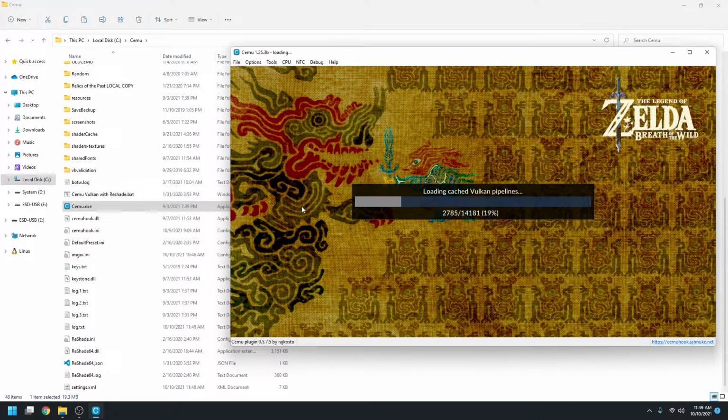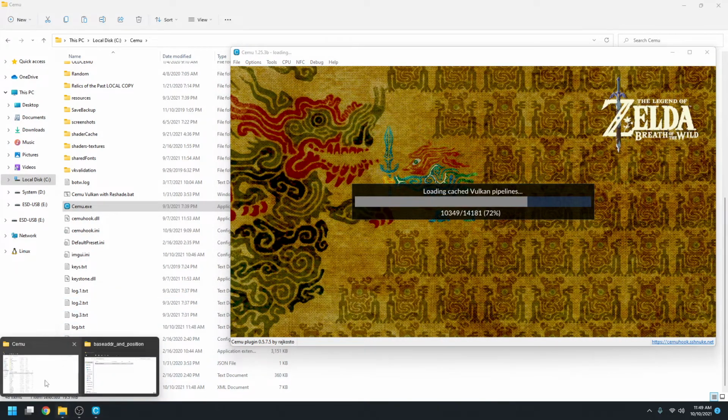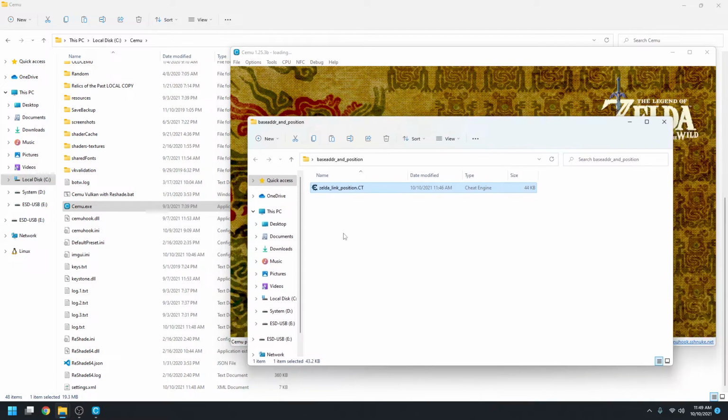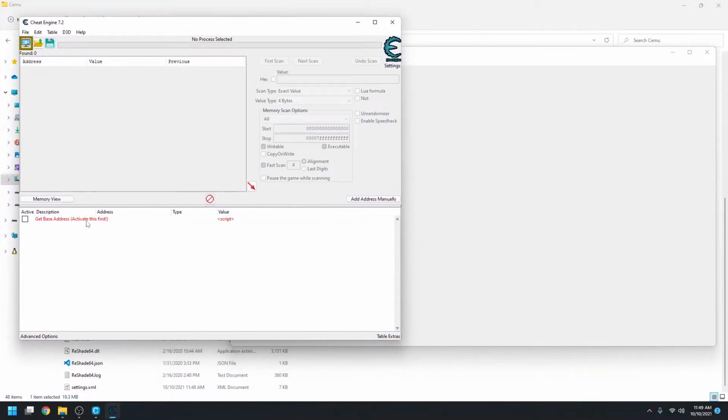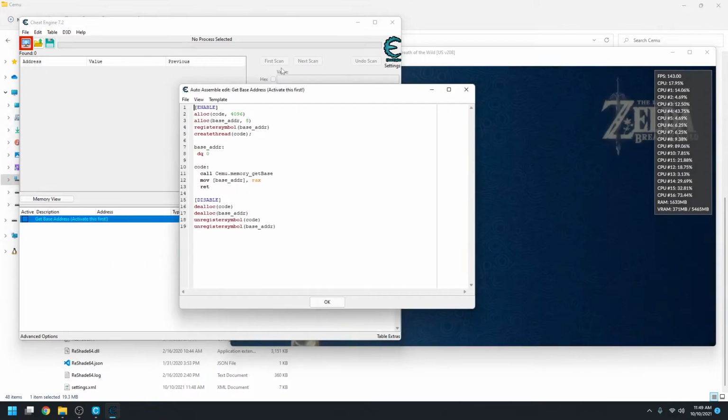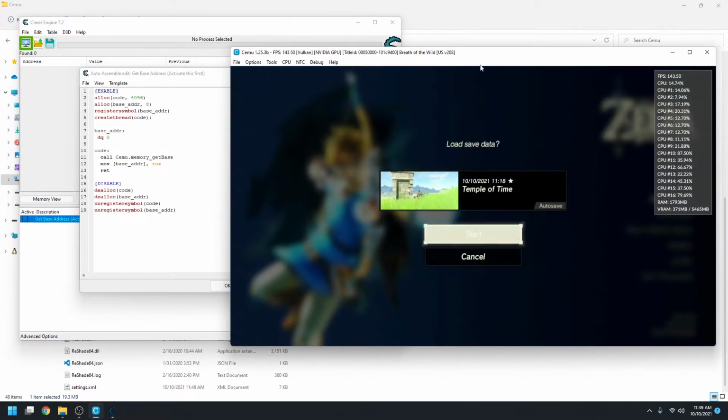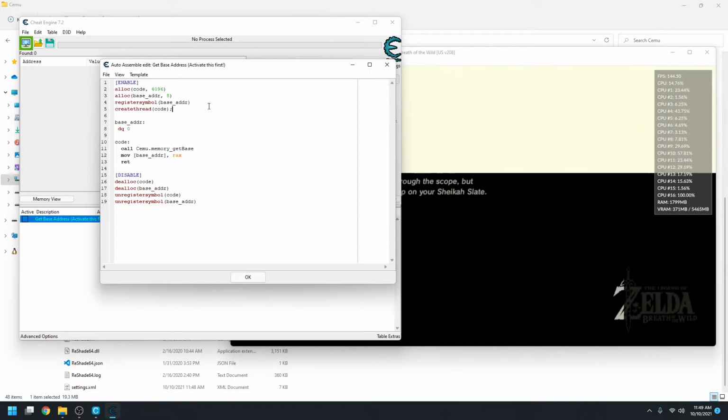And then Etra has made something that basically calls Cemu's get base address function and stores that into a variable that you can access anywhere in Cheat Engine. So if you have this project file, which I will have linked, and you run it, you're going to get Cheat Engine. It will pop up. This is the thing that will edit the base address. If you look at the script, all it does is, let me get in game really quick, I'll locate some stuff, registers the base address symbol for you to use, and